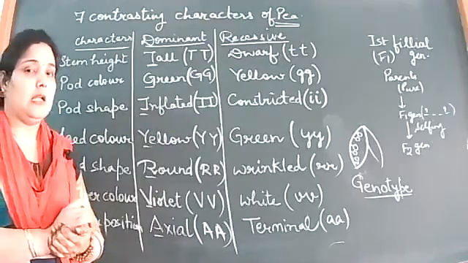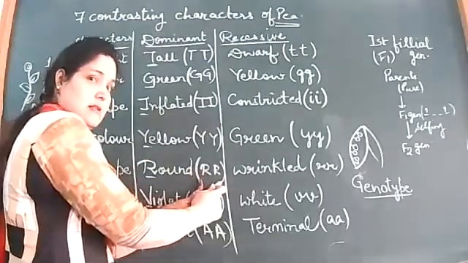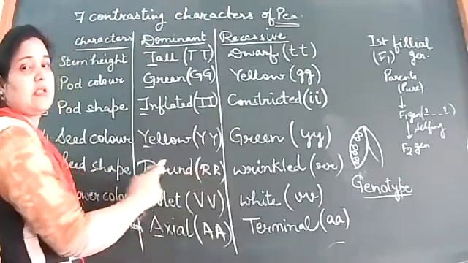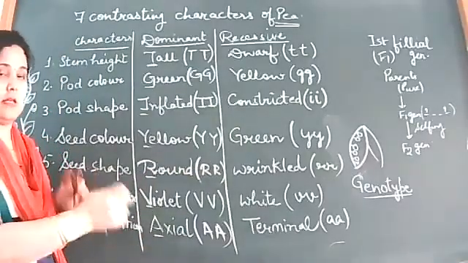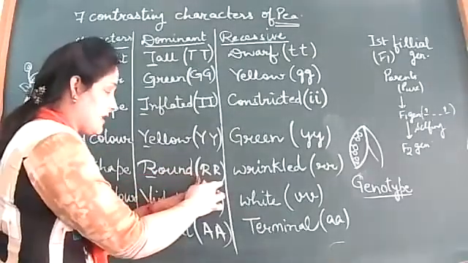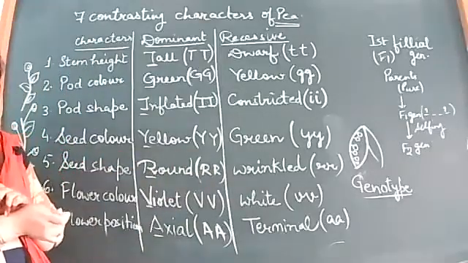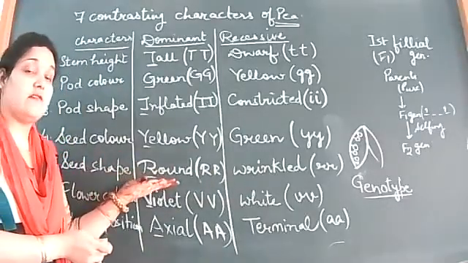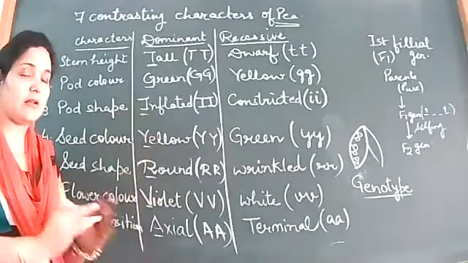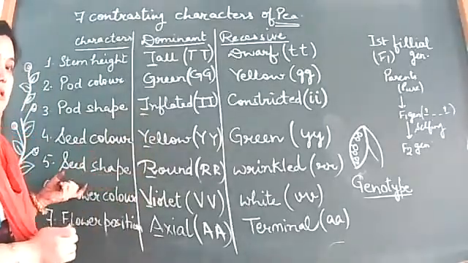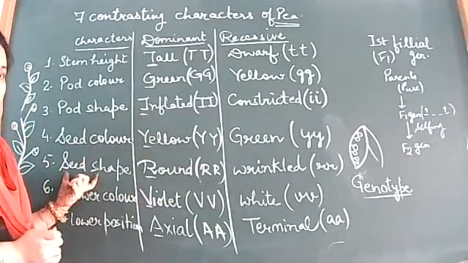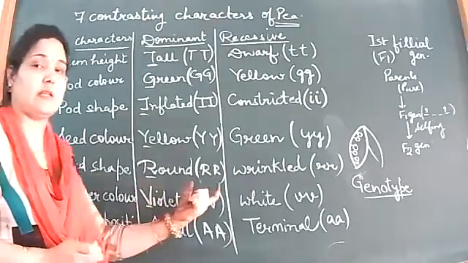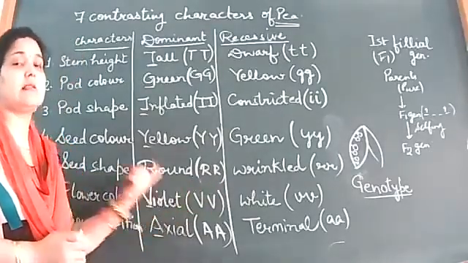Okay. Now because of these genes, what physical expression is possible? There is another term. If the gene pair is capital R, then what is the physical appearance? That is how the plant looks, or what the feature looks like. The feature is that of the seed shape. How does it look? If the pair is capital RR, then it is round.